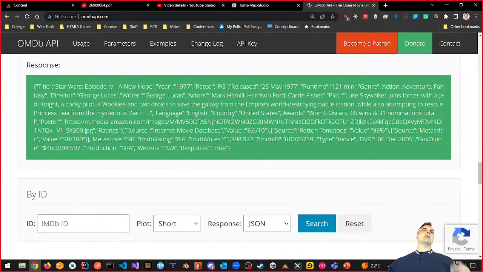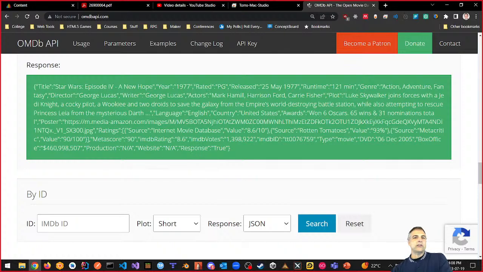What I recommend when you do your research, because you're going to need a little bit of research, not much, just a little bit, is ChatGPT. You're going to put this in and say, here's an example of a movie that I got, can you help me make the model? And then you're going to do some research, and once you've got that, it's going to help you lay things out, and then all I'm looking for is, hey, how is this going to work? There are some areas here where you see an array of objects. For example, it's not just objects, but there's an array of them. So I would take a look at this data and take a look at what it includes.